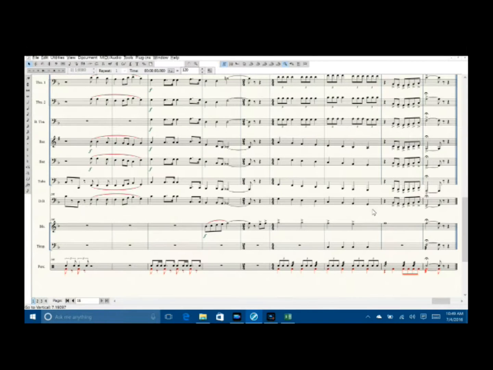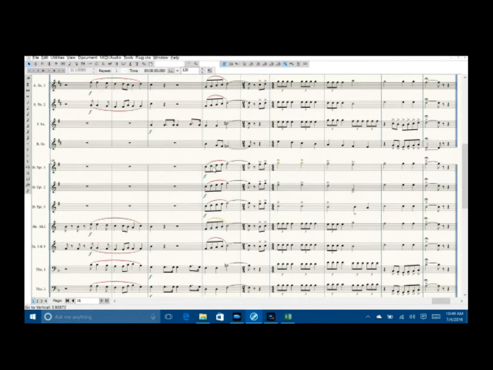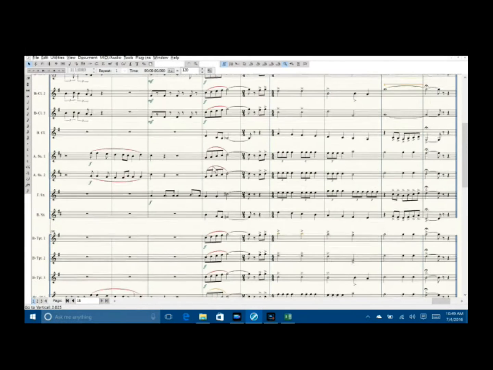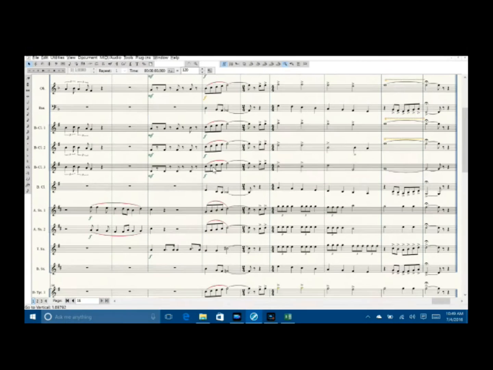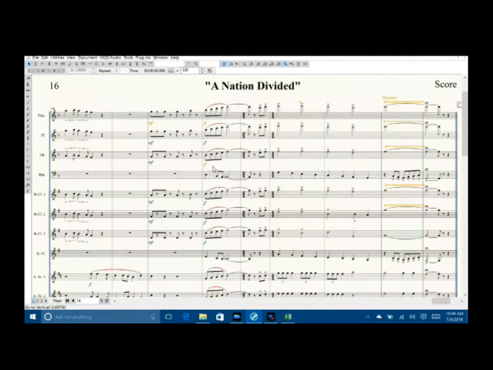First thing I'm going to do is save it. Control S will save the score. By the way, always continually save your score. When I was chief of computers at a large school, people would ask me, how often do I need to save my document? I would tell them, you need to save it whenever you have so much work put into it that you can't afford to lose it. They didn't really like that answer. They wanted, oh, every 2 minutes, every 5 minutes. But that's the best answer I could give them.